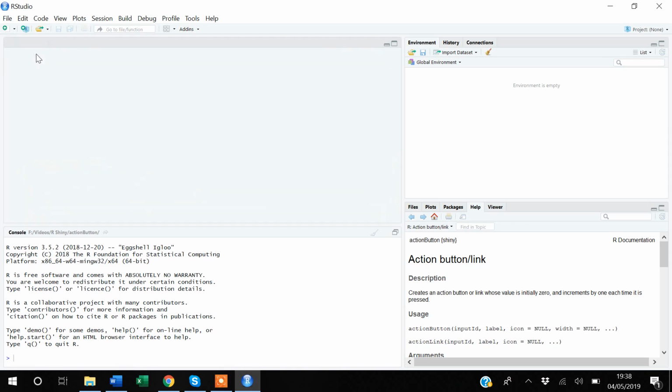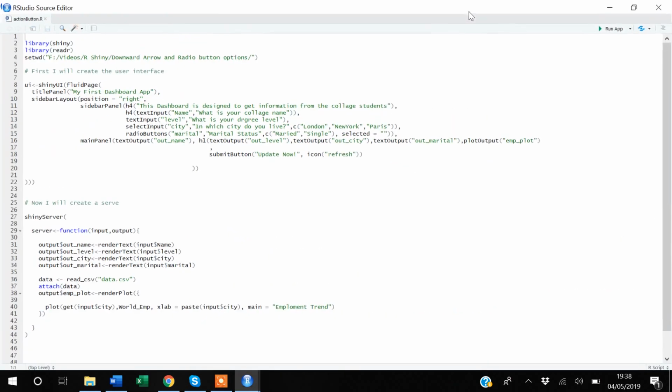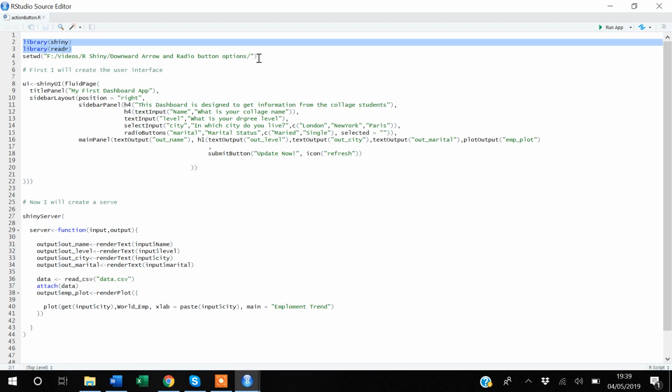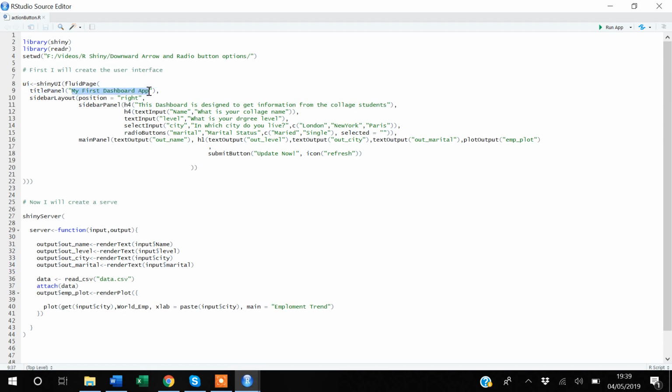This is the code which we built for the submit button. Now I don't want the submit button, I want the action button. I will quickly go through the code. We have these libraries that I will be using. This is my working directory, and within it I'm using Shiny UI, assigning it to an object called UI, titled my first dashboard app. I want my sidebar layout to appear on the right-hand side. My sidebar panel has the following. I have text inputs